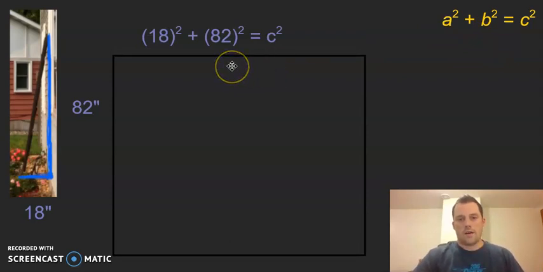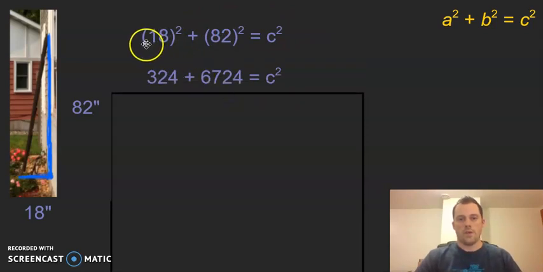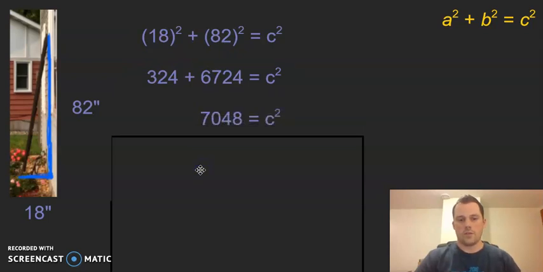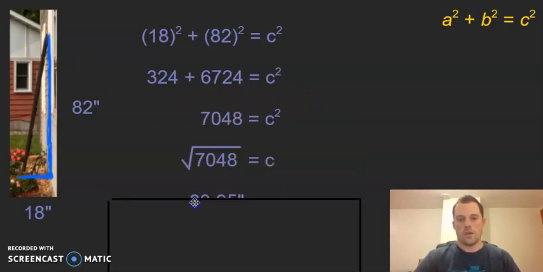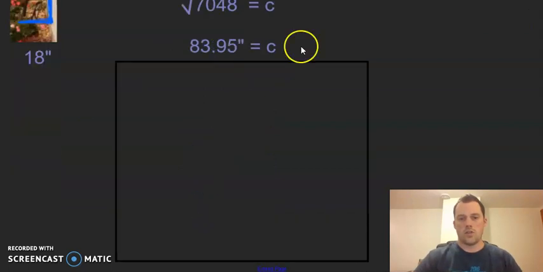So once I did that, this is pretty nice, being able to just solve for the c value. I don't have to move anything over to the other side of the equation. So when I do 18 squared plus 82 squared, that ends up being 7,048 if I'm just going by inches. And then in order to figure out what c value is, the length that I want my trellis to be, I would have to take the square root to get rid of the square here. So I take the square root of 7,048, and I get just under